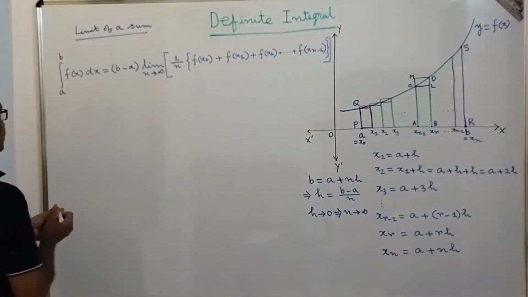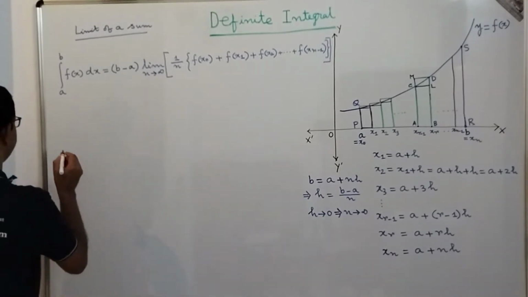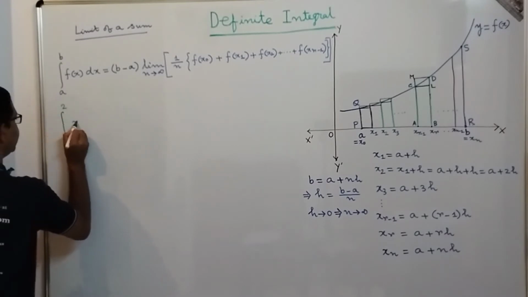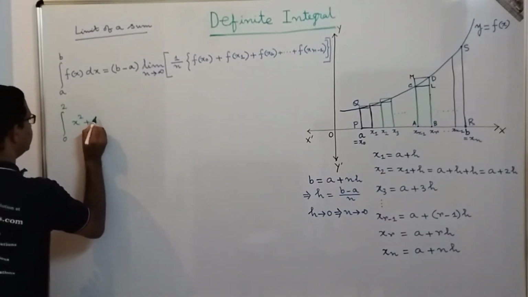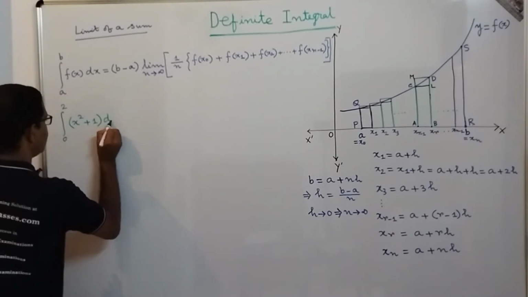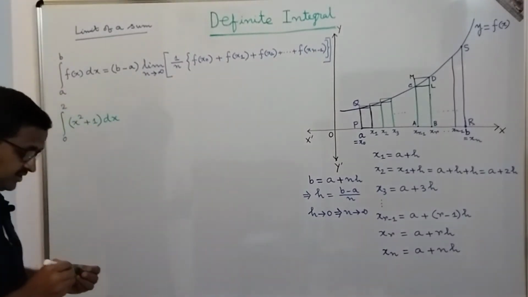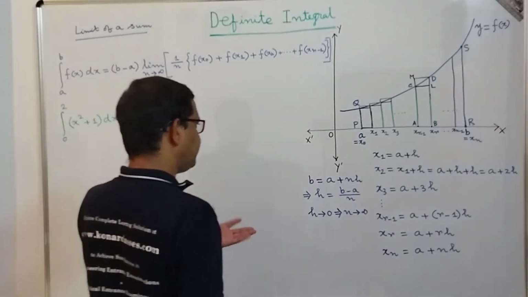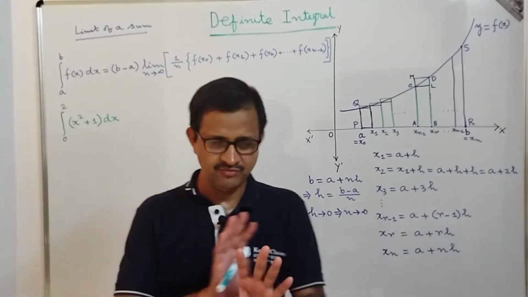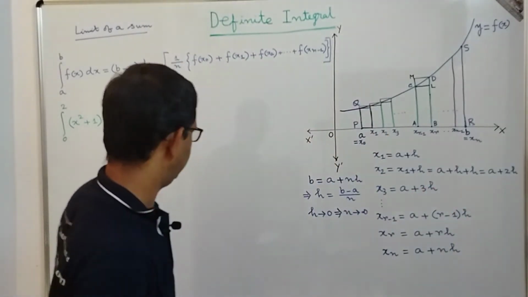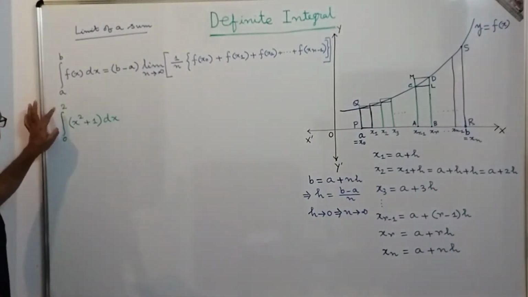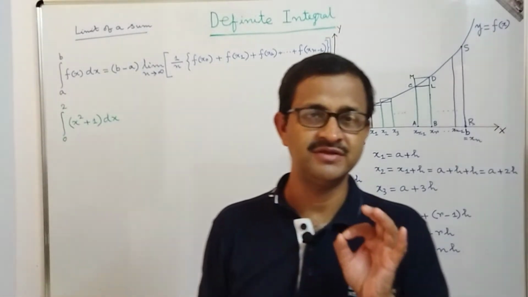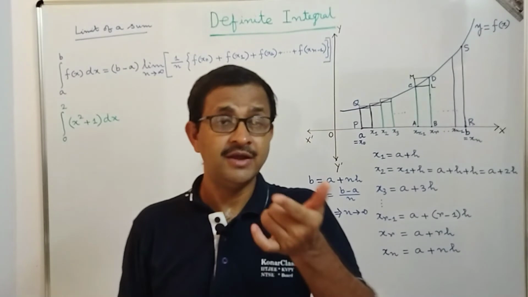Okay, so using the limit of a sum, find the value of the integral from 0 to 2 of (x square plus 1) dx. What are the steps to be followed? Notice very carefully, dear students. It is a very simple step by step procedure. In the initial few days you may take some time, but after that you will become very comfortable. No need to worry at all. So the question is that we need to find the value of this definite integral from 0 to 2 of (x square plus 1) dx using the limit of a sum.